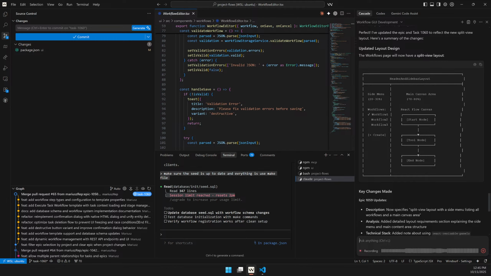Look at other pages like task list and see how it's laid out over there in terms of the side menu. Then the middle part of the canvas, of the workflows page, should be basically the React Flow representation of